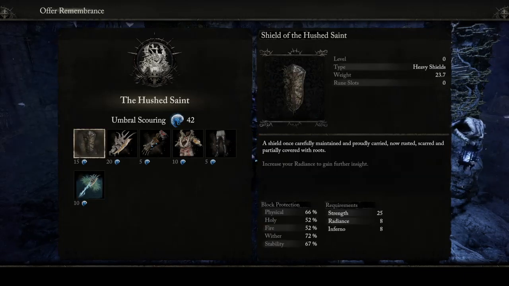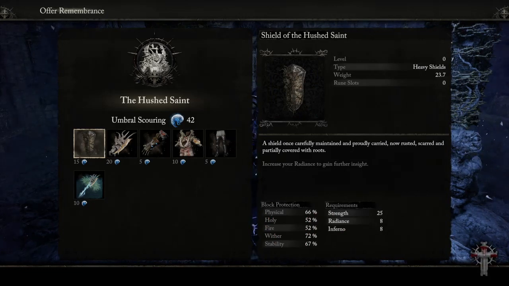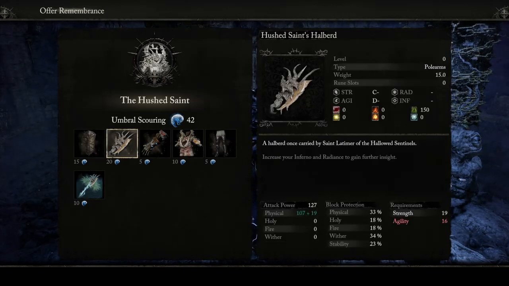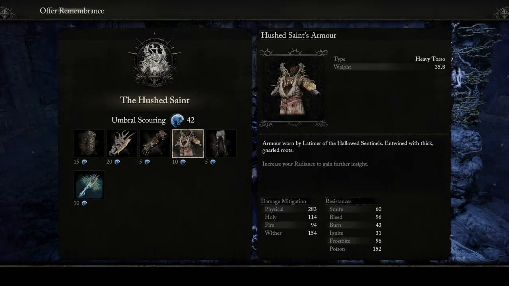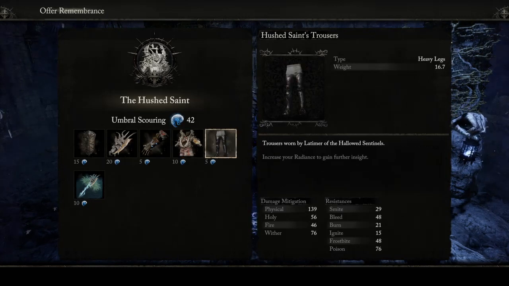So we can get a heavy shield. Okay, now that's giving us some block protection. Now we're getting something that's worthwhile grabbing. His halberd, which scales in strength and agility, but mostly into strength, would give me a lot of attack power. His gauntlets, his armour, leggings all seem to have pretty decent armour,